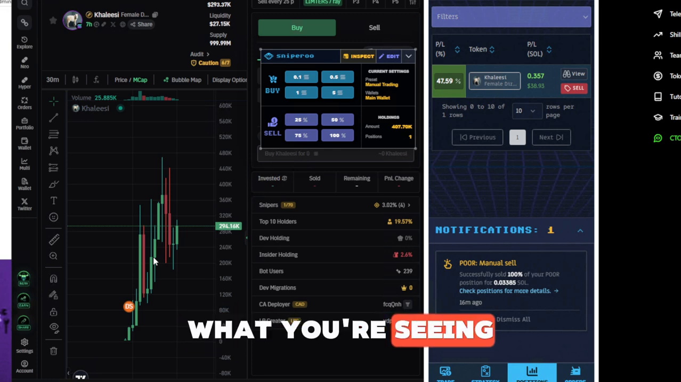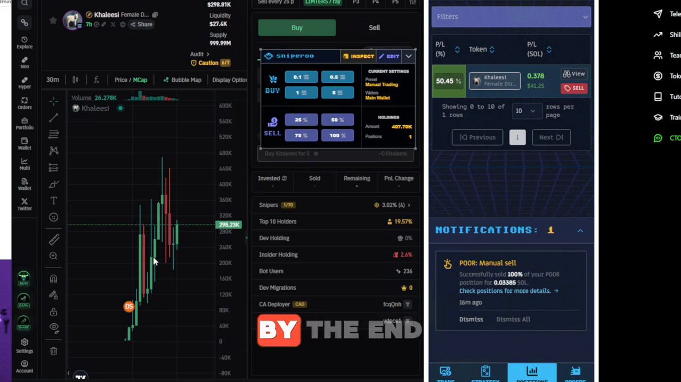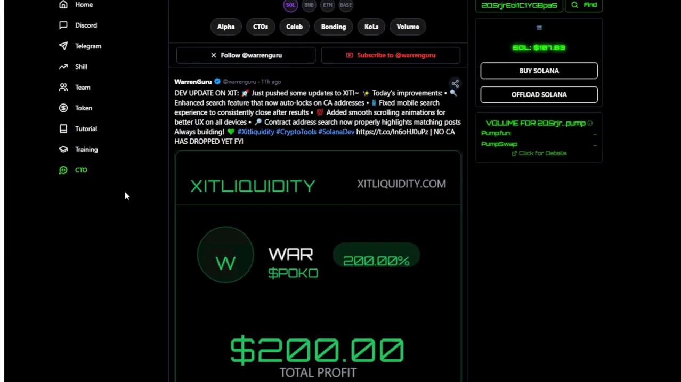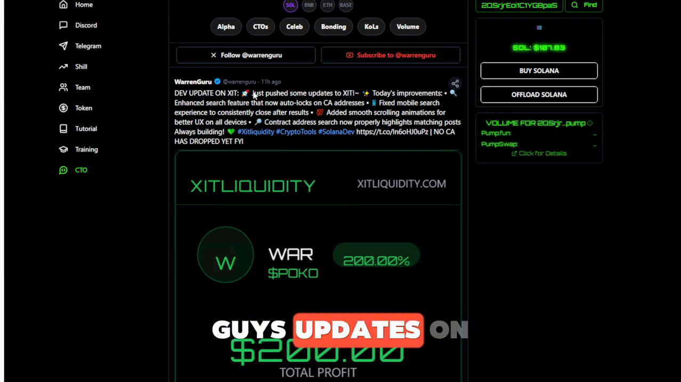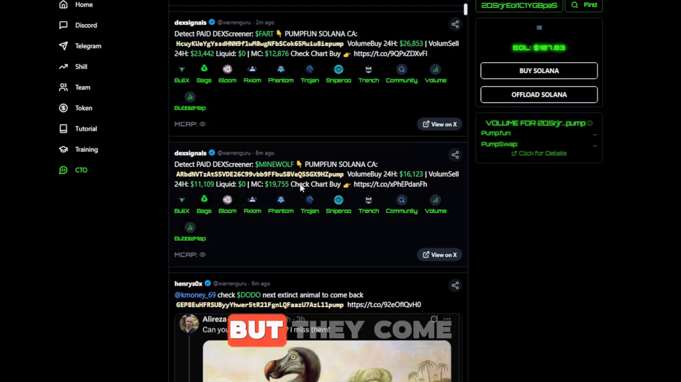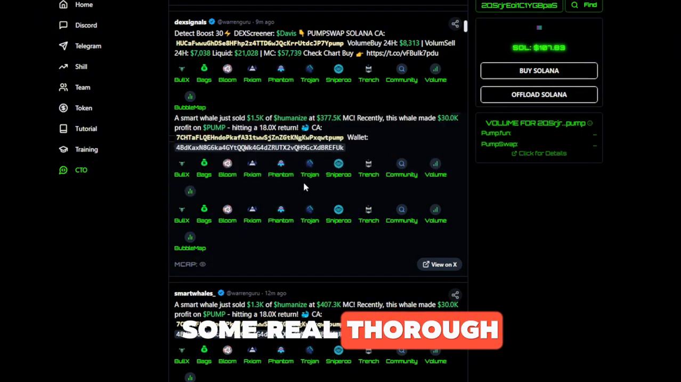What you're seeing right now is literally real time, no cuts, profits. This is going to run up to probably 800% profit by the end of the night, literally printing money right in front of your eyes. Again, all I had to do is use Exit Liquidity to do so. I literally created this platform, and with that being said, I'm giving you guys updates on my Twitter, which I'll pin on my actual website here, but they come in syndicated,